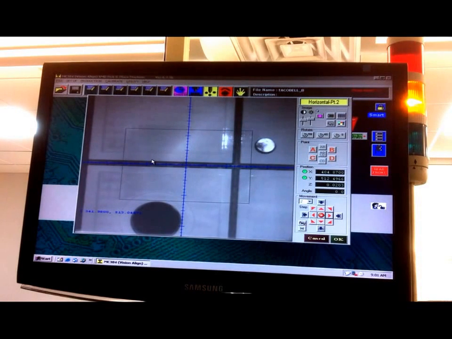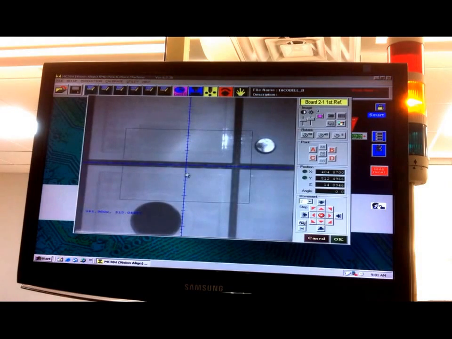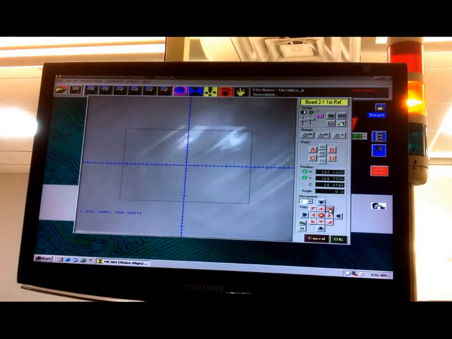If it is slightly slant, then we're gonna show it here that it is slant. So say okay. And it's gonna ask for whether to store the horizontal line. Say yes. Okay, now if you see, it automatically is displaying board 2-1 because we already showed the reference points of board 1-1. Okay. So I again say learn reference, and now I have to go all the way to the first reference points of